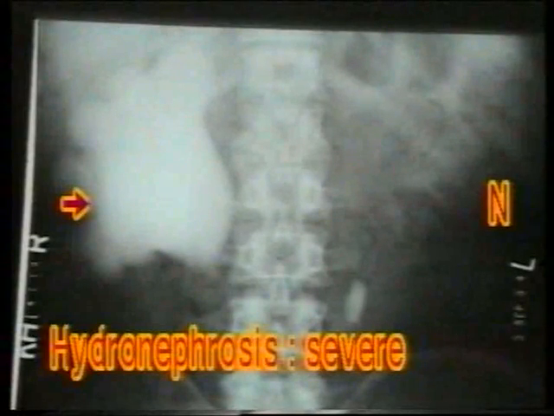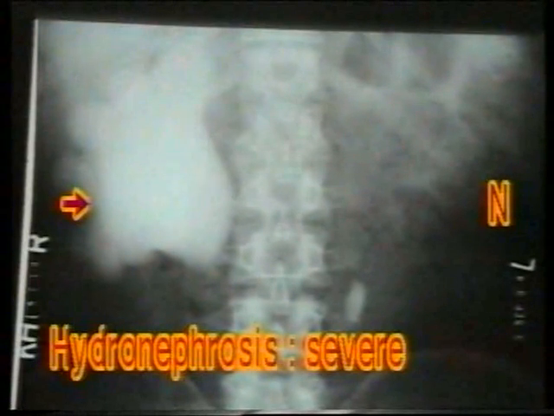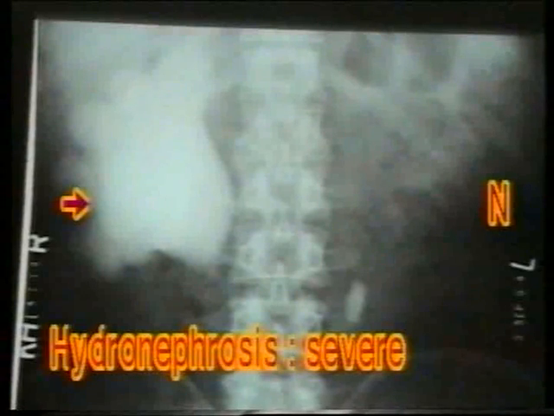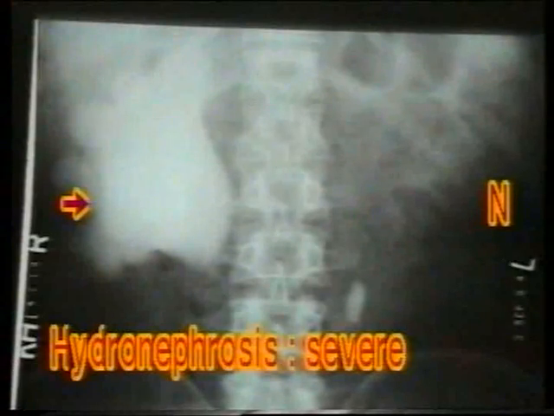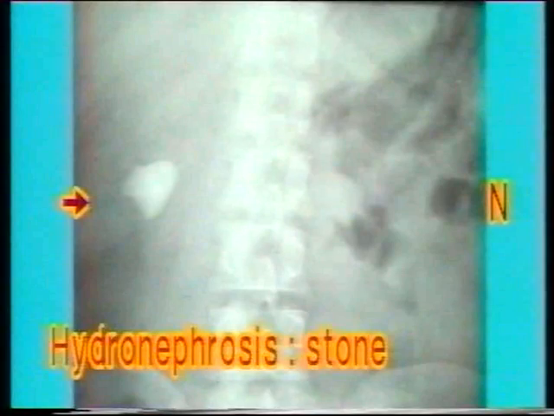And with a severe degree of hydronephrosis, the kidney and the pelvic calyceal system becomes a sac of water, renal tissue forming a thin wall of the sac. Note the severe hydronephrosis of the right kidney with a huge dilatation of the pelvis and calyces. Incidentally, the left ureter shows a stone but without hydronephrosis. The hydronephrosis may be due to a stone impacted at the pelviureteric junction or a congenital pelviureteric junction obstruction.